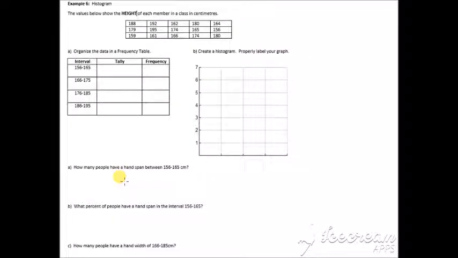Example 6, histogram. The values below show the height of each member in a class in centimeters. Okay, so what we're going to do this time is we're going to do an interval. We're going to do tally based on these intervals here, and then we're going to calculate the frequency. So let's just go one at a time. 188, 179, 188 goes here, 179 goes here, 159, 192, 159, 192, 195, 161, here, 162, 174, 162, 174 goes here, 166, 180,